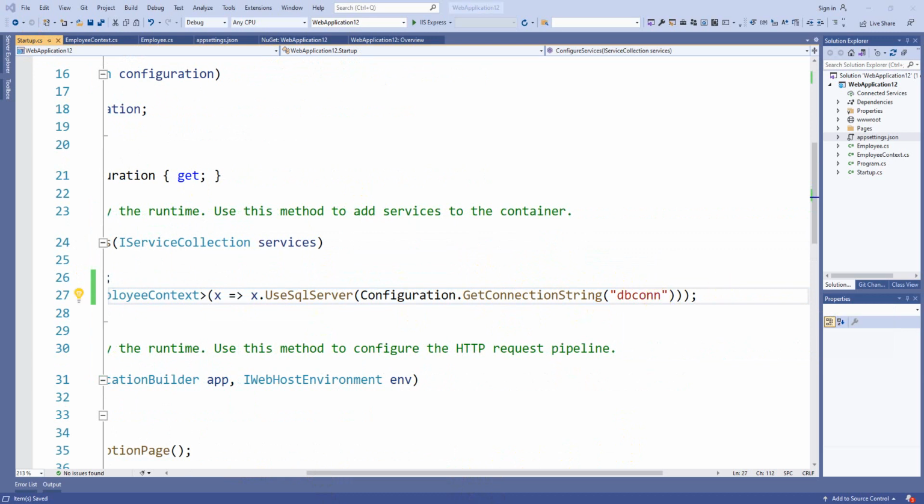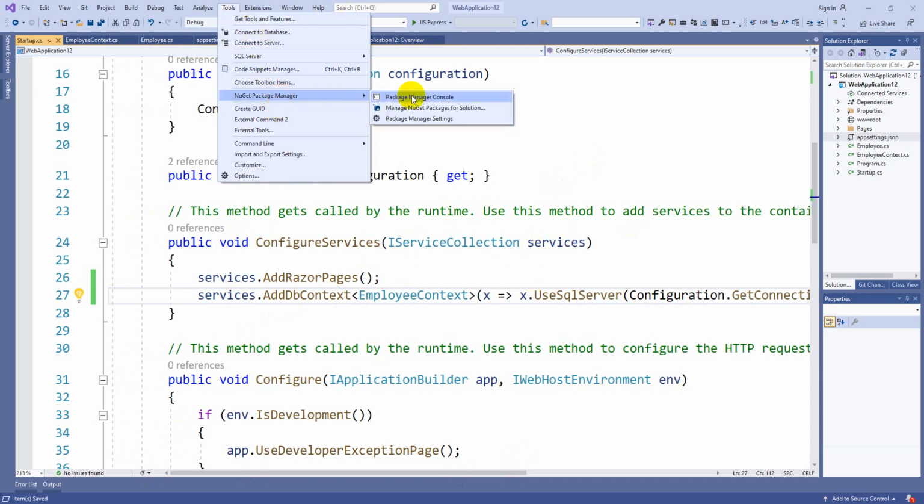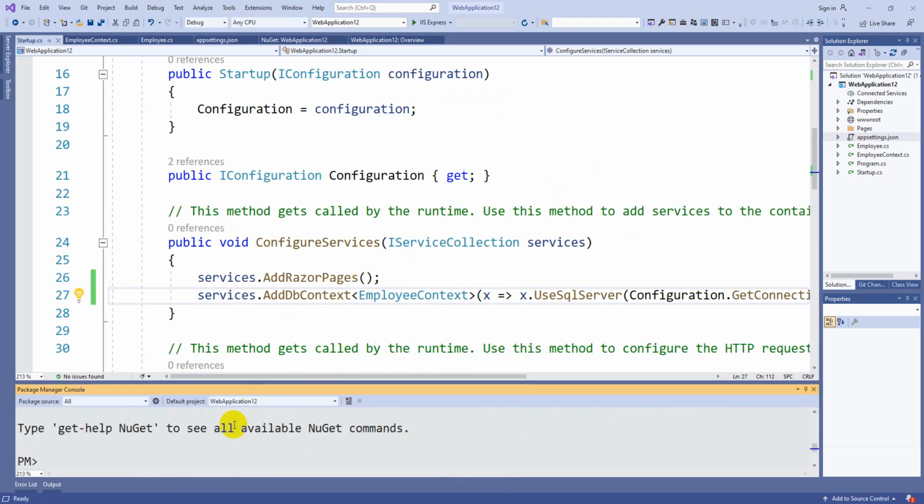Now you can scaffold this Entity Framework as usual. Let's go to Tools, NuGet Package Manager, and Package Manager Console. Here you first enable-migrations.